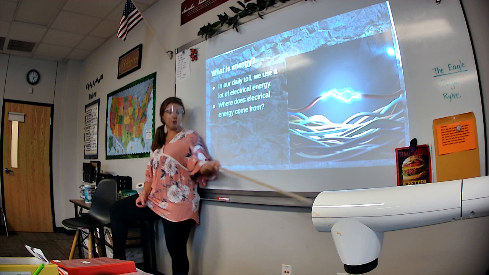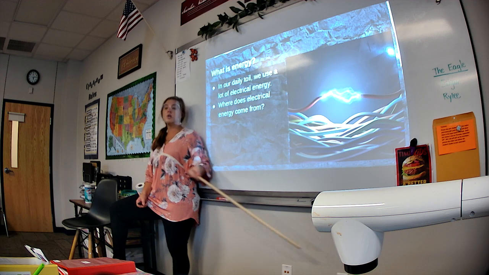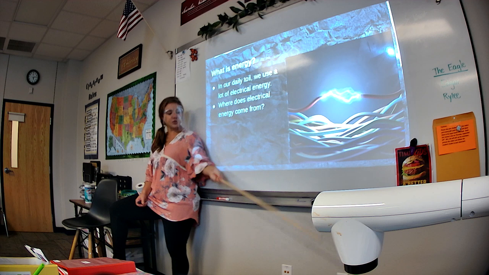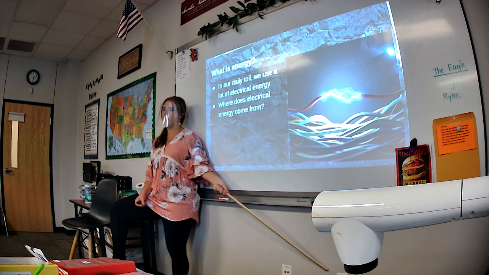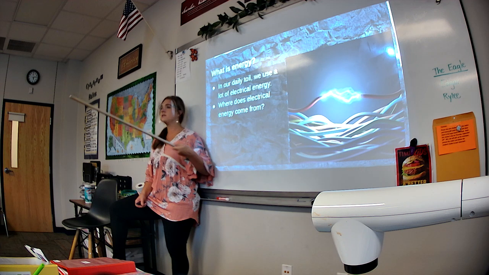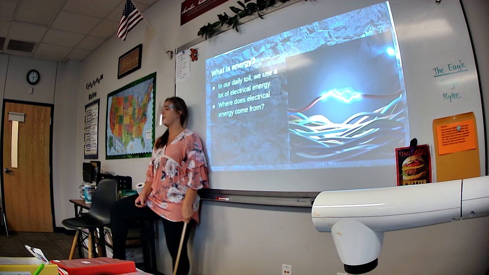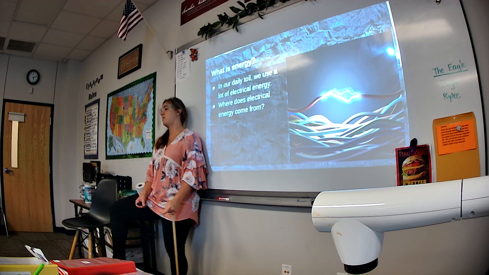So he's right. If I were to make this wall clear for a second, you would see lots of wires coming to and from this outlet down here. Now, where do the wires get the energy from? Landon? The electricity is inside the wire, and they're getting it from different energy sources.